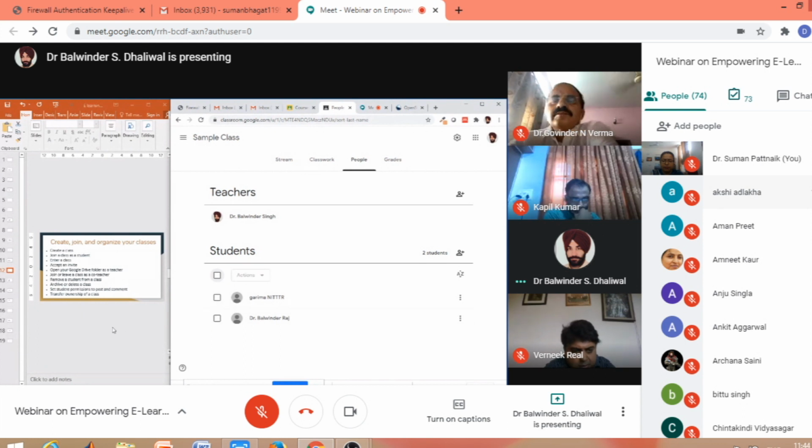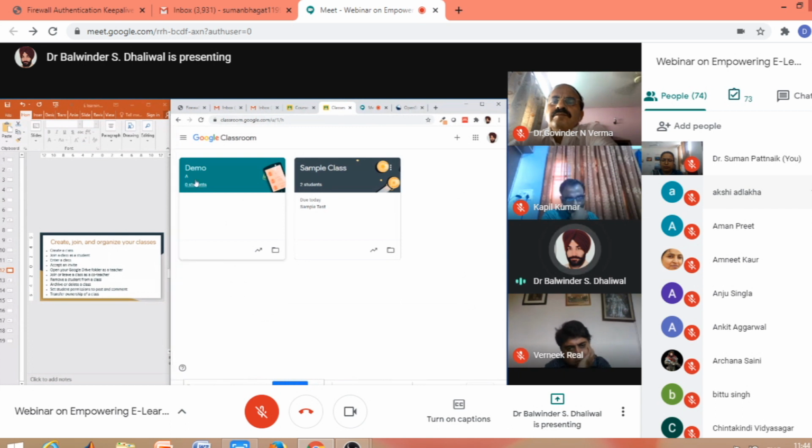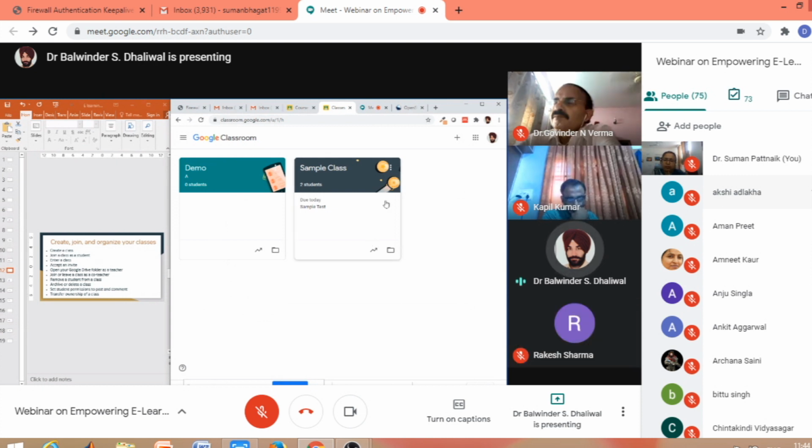So the next point is we can archive or delete a class. Once our semester is completed, and say we are not going to use that class for the upcoming time, then what we can do is archive that class. From these three buttons, we can archive our class, and then that class will become inactive, or we can even delete our class. So that deletion of class is also possible.